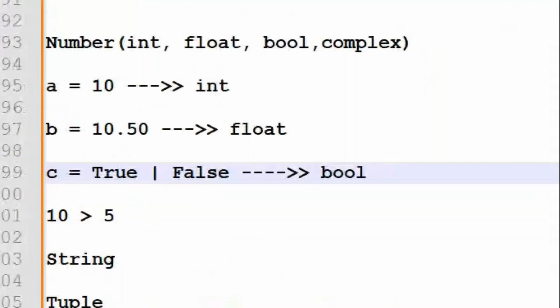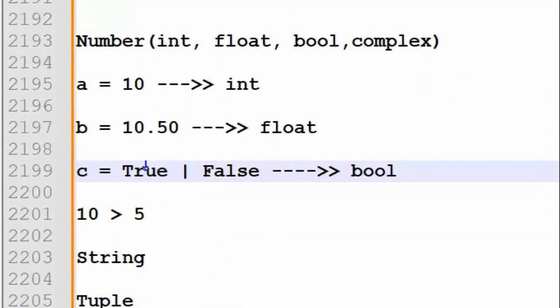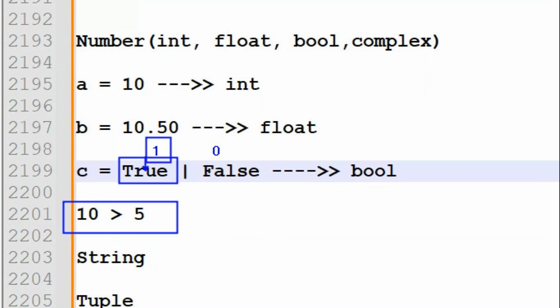Now here, officially from the computer's point of view, true is nothing but 1, and false is nothing but 0. In a database, if you want to save some value, if this condition is true, the value 1 is saved, and 0 is saved for false.